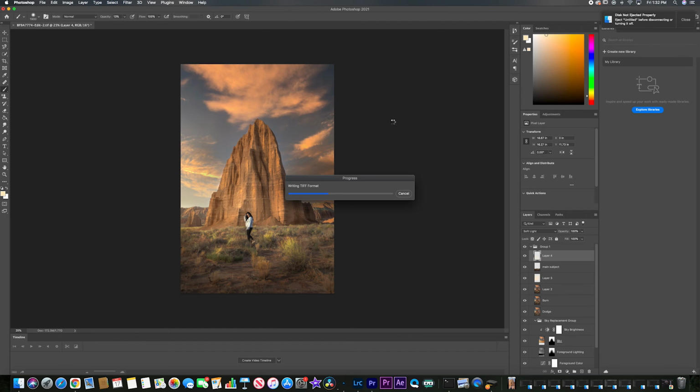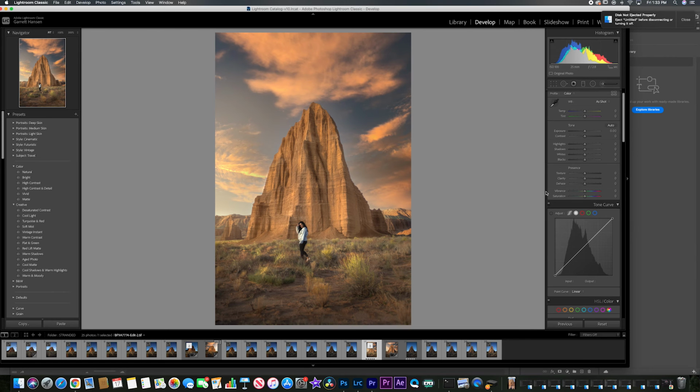Save. Just got a few more things to do in Lightroom, and then we'll be done with the final image. Alright, so now that we're here in Lightroom, let's look over here. We don't really need to mess much with